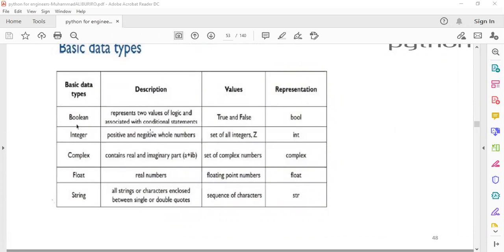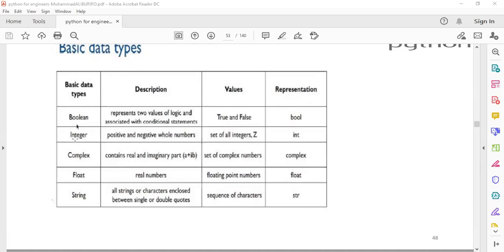Now we have to learn the basic data types. Previously we named the variables and wrote values which are integers as a data type. So the basic data types are